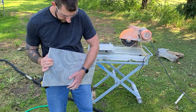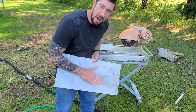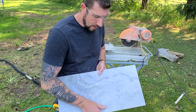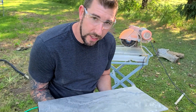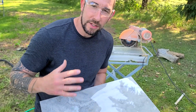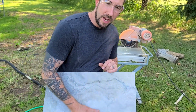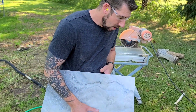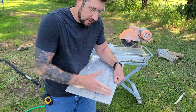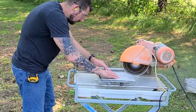So the tiles that we chose are 2 foot by 1 foot. The problem is when you go to cut them on your tile saw, if you don't have the tile supported fully, they have a tendency to break, and it's really frustrating to get a good cut. So for the edges around the table, instead of using a big long full piece, which would be ideal, I decided to turn the tile this way to cut it, and we're just going to use smaller pieces. It's still going to look fantastic. So I'm going to finish cutting up these edge pieces, and then